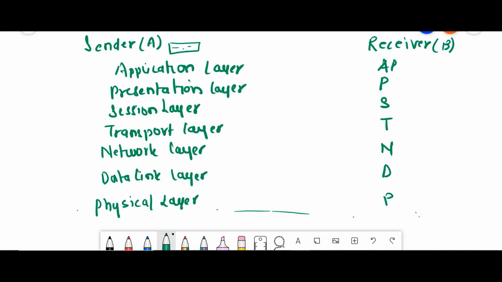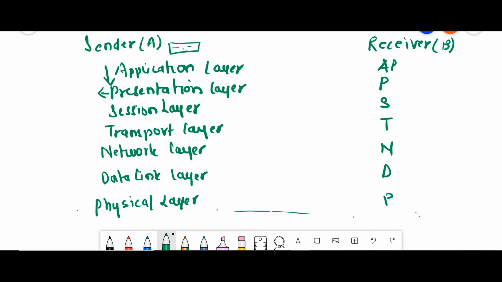So from the application layer, through a web browser or a file transfer mechanism, your data is transferred to the presentation layer. What happens in the presentation layer is that the information we are sending is converted to a presentable form. For example, encryption of data and translation of data all take place in the presentation layer.